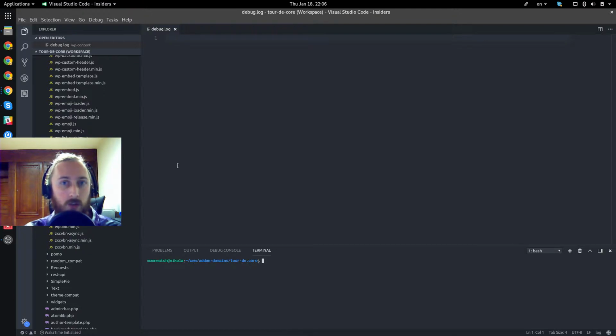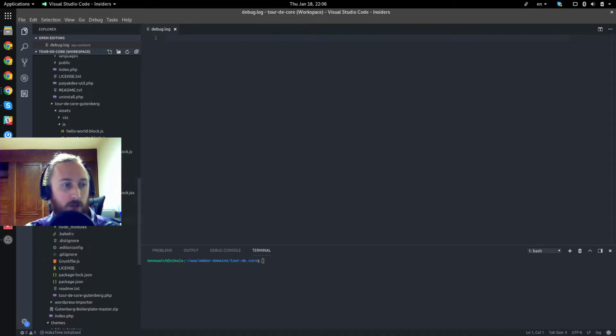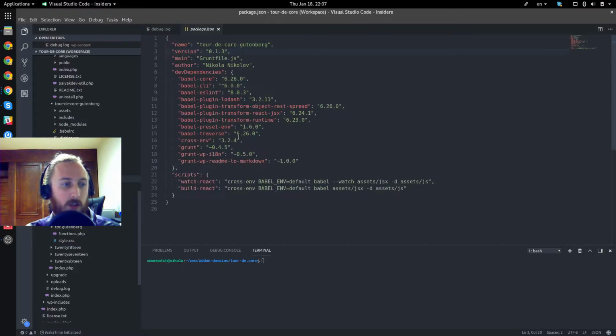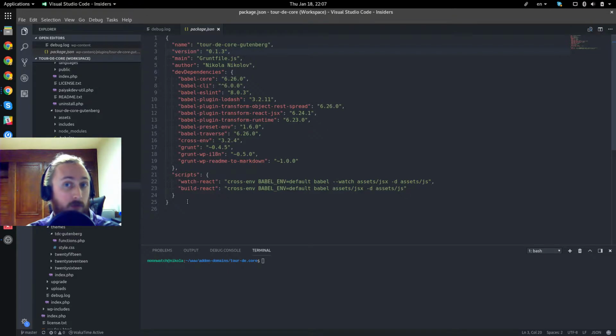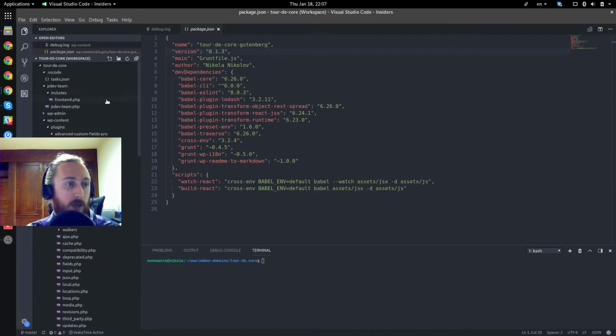Okay, so once you do that, the next step would be to get yourself set up with a package.json file. Now here's where you need to make a decision based on your own personal preferences. Usually you will place the package.json in the root of your project. I would say you would place it wherever your Git folder or SVN folder is, whatever version control you're using. So if you're used to setting up Git to be in the root